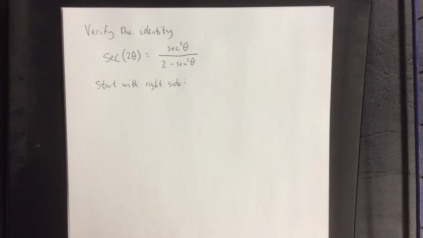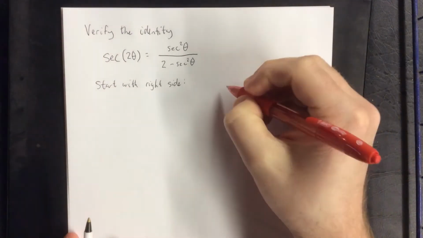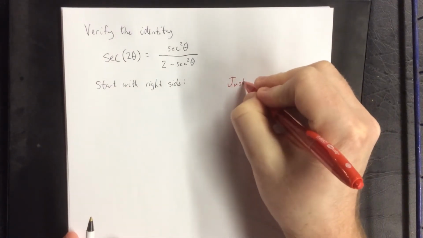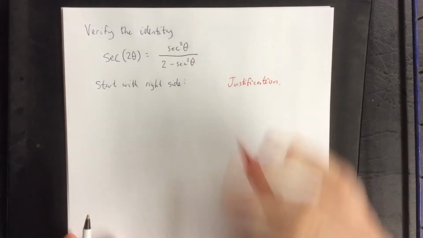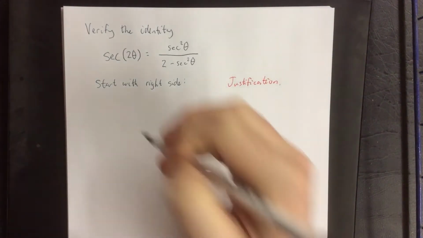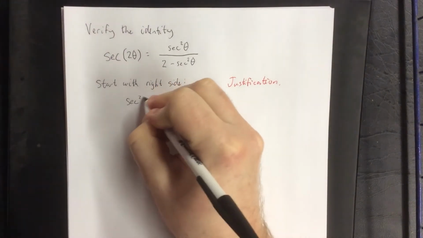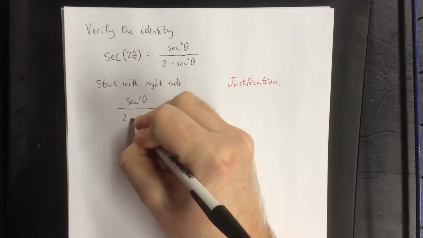It's just got a couple more things going on with it. The fact that there's a fraction already there, and I know what to do with those secants as well. In red, I'll include a justification of each step. So on the right-hand side, I'm going to start with the secant squared of theta over 2 minus the secant